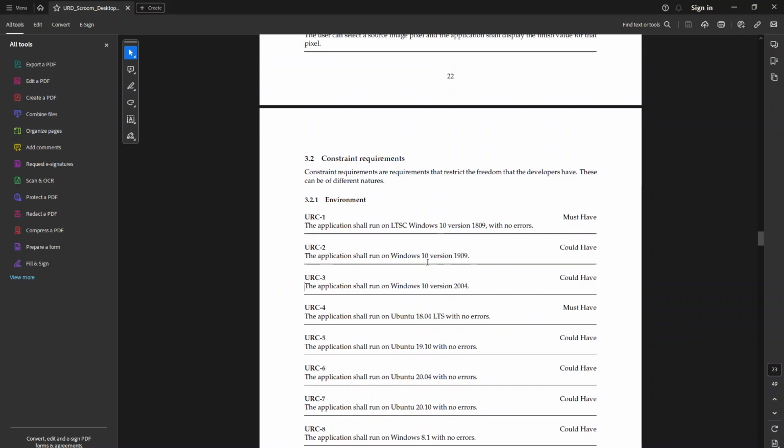So they put all these as separate requirements, but as you've seen in some of my examples, I've actually given the application shall run on Windows 10 and then version 18.09, 19.09, and 2004, and so on and so forth. I merged them into one. One of the students was asking which one is the correct one. In terms of actual real life,